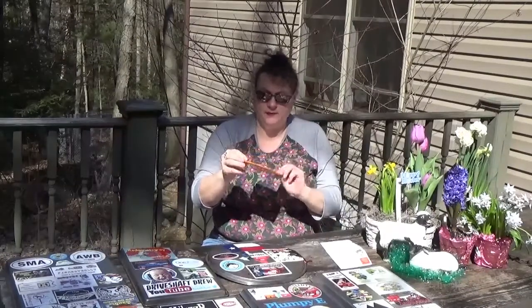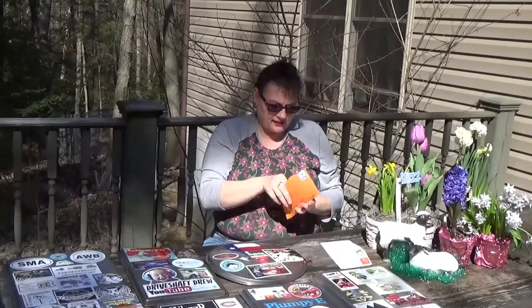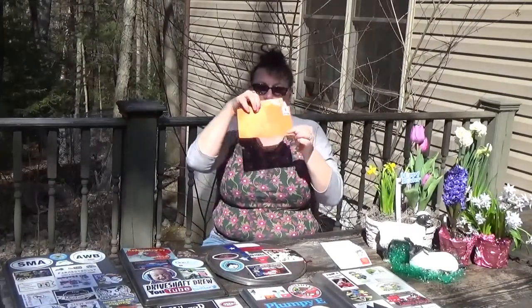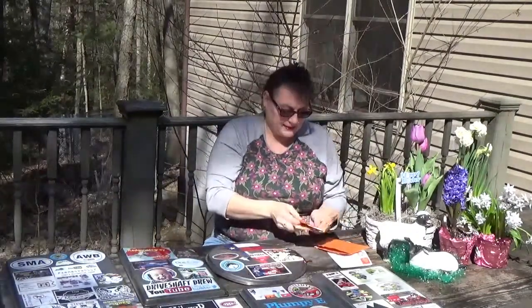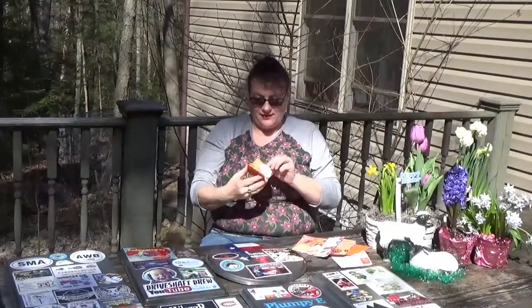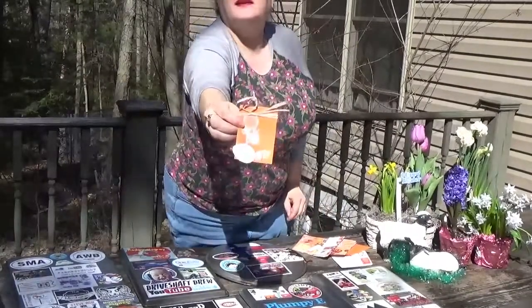Okay, so that was the first one. The second one is a first for me. It was really pretty. It has a pretty chicken sticker on the back, and it is from the Netherlands. And I can honestly say I've gotten mail from numerous countries in the past. I've never gotten anything from the Netherlands, so this is a first. And this lady actually sent me the most lovely homemade Easter card,